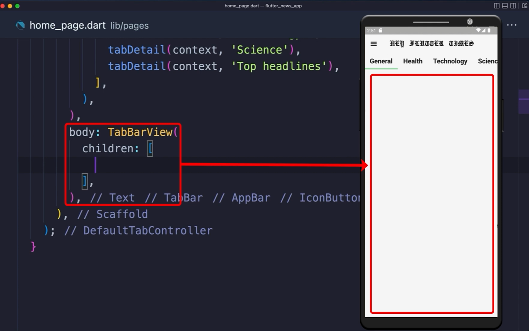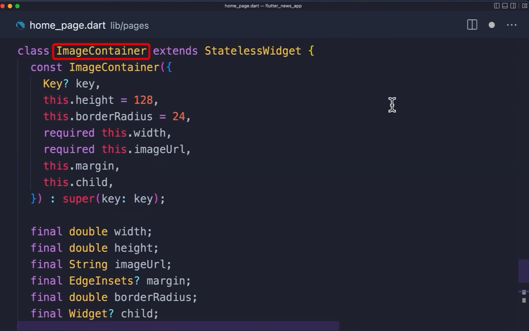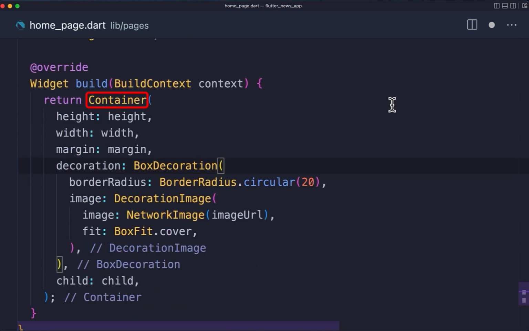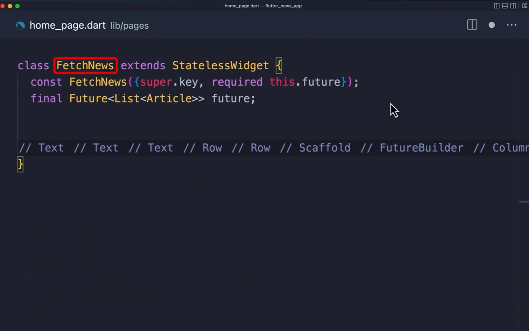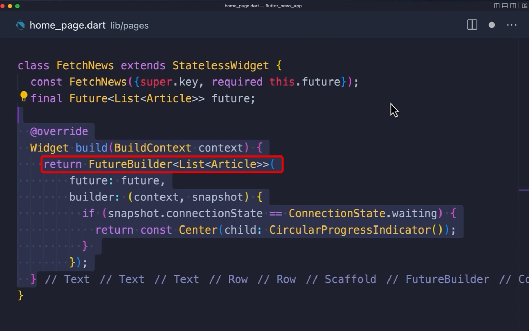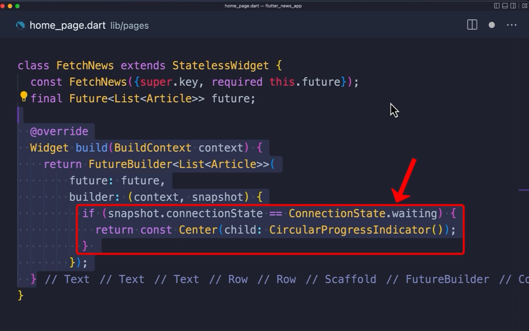And before creating the children, first let's create this widget, an image container widget with the given details, and we'll return a container and create the fetch news widget with the given feature record variable. On the build method, return the feature builder and pass the feature variable which we have created earlier. And inside the builder, if the snapshot connection state is waiting, we are going to return the circular progress indicator,